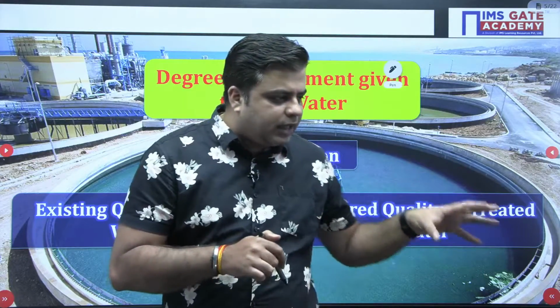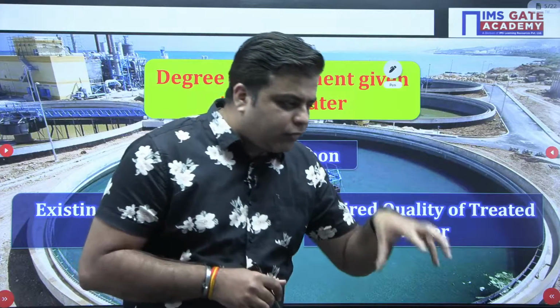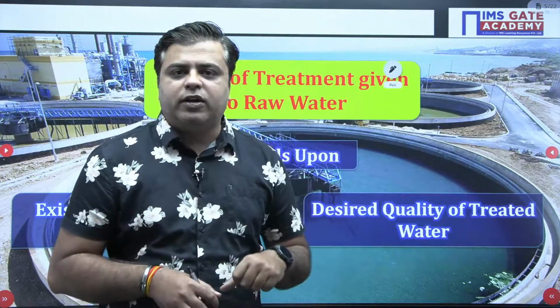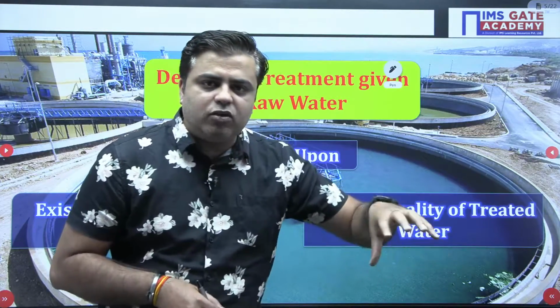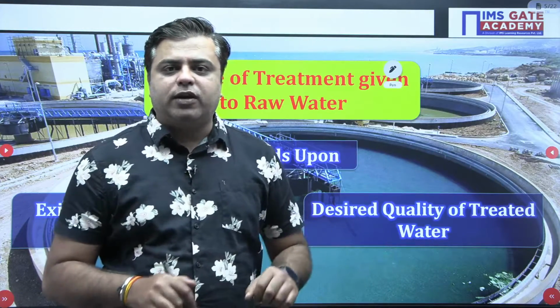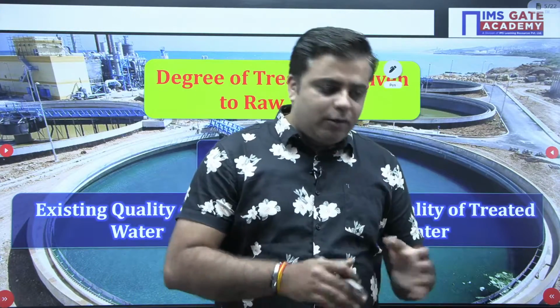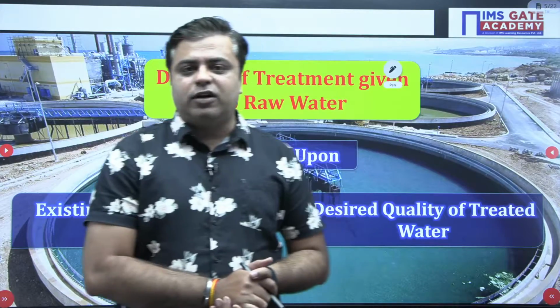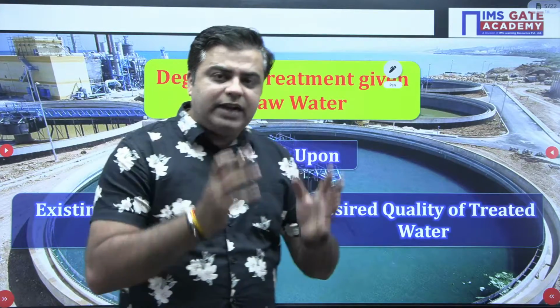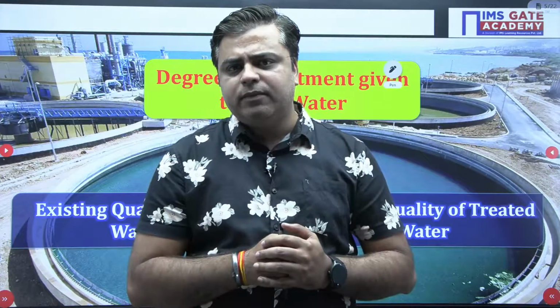For example, a river is flowing and you have fetched some water from that river. First you will analyze the quality of water. Now depending on the quality of this water, you need to provide treatment to this water. Now the question arises, how much treatment? How much treatment should we provide to this water? Sir, is there any standard method, or across the country do we provide the same kind of treatment?